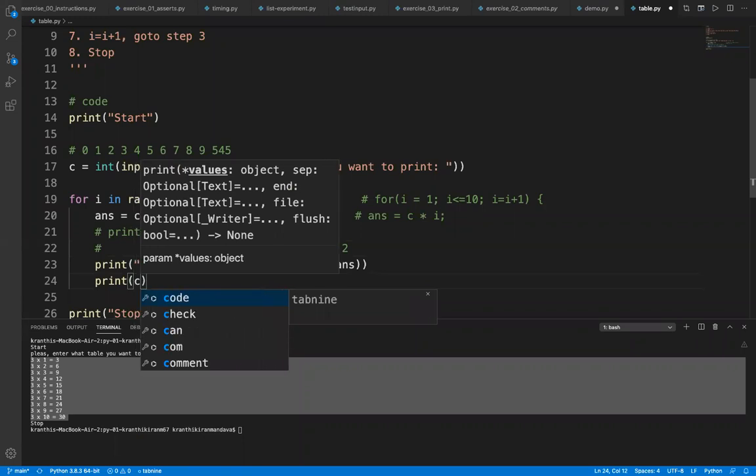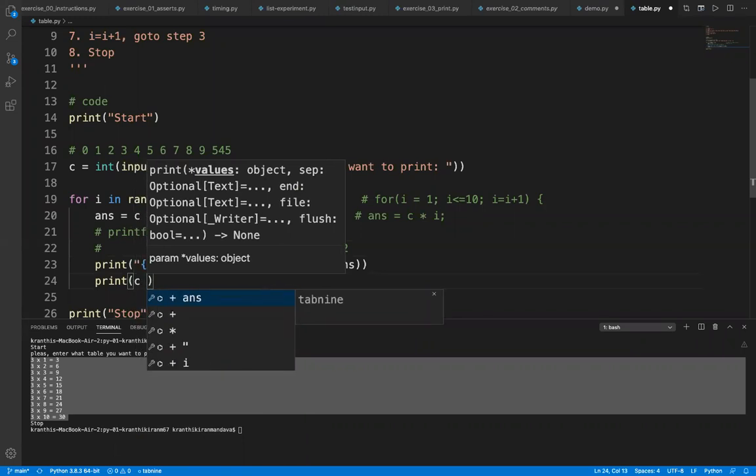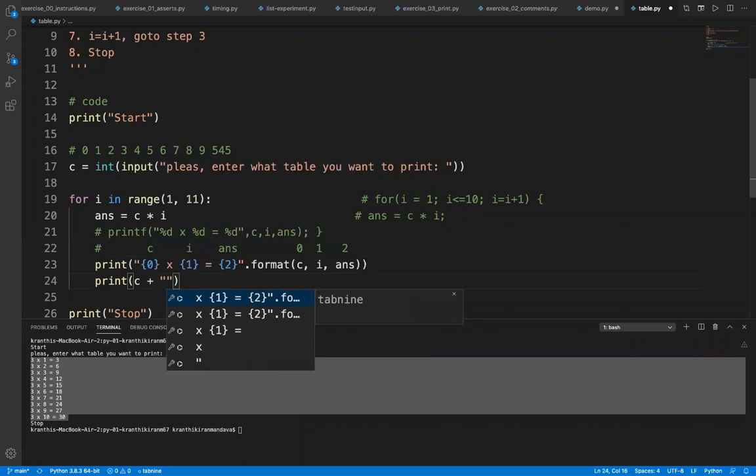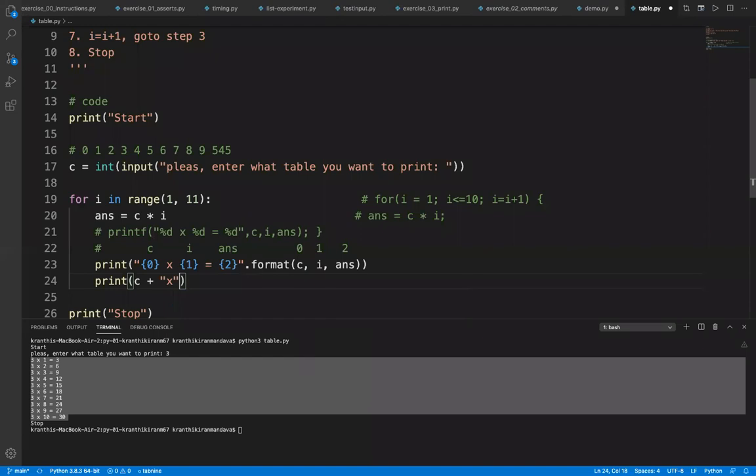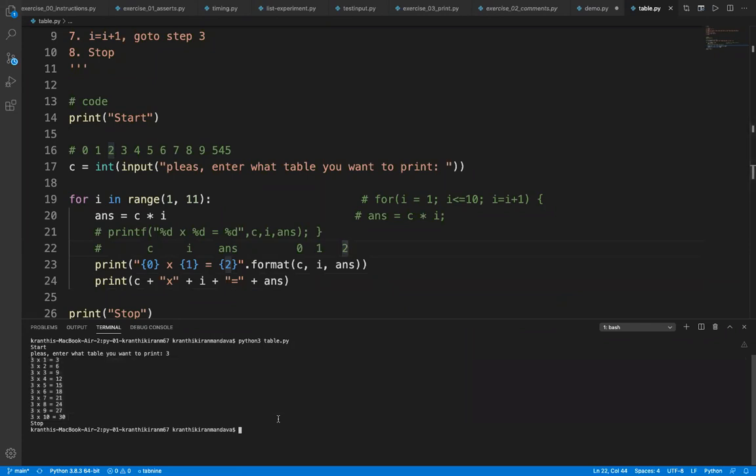The first thing is I write C and maybe I will write plus. So I'm concatenating it like this, but let us see what error it will give and then we will change the format so that you will understand. See how difficult it is for me to write all these things. Is equal to, okay, and answer. Okay, this is what we try to bring. Let us save it. There is no syntax error.